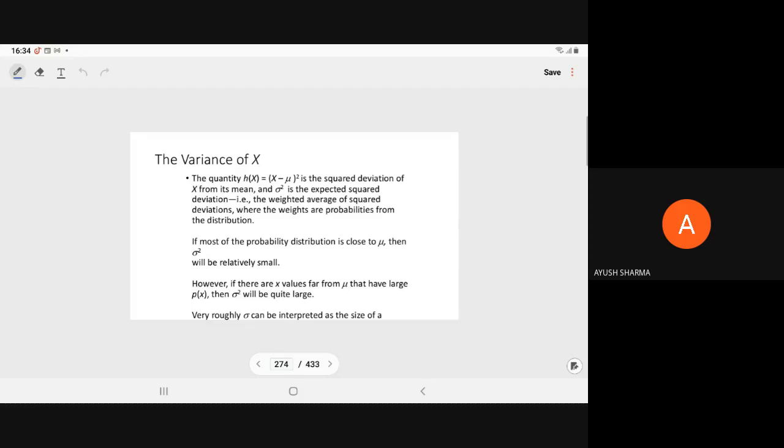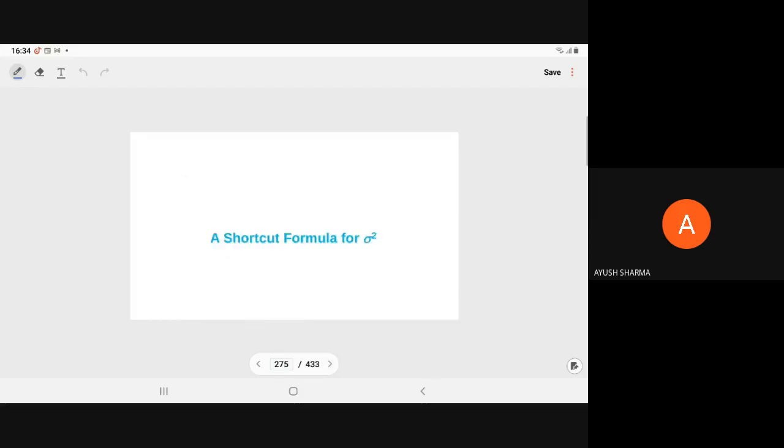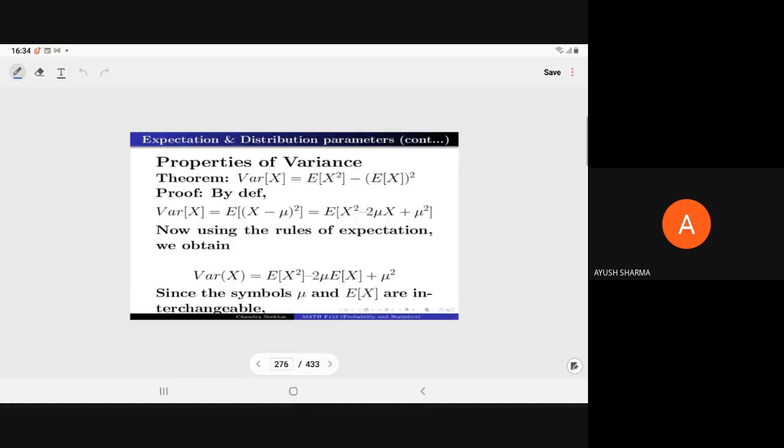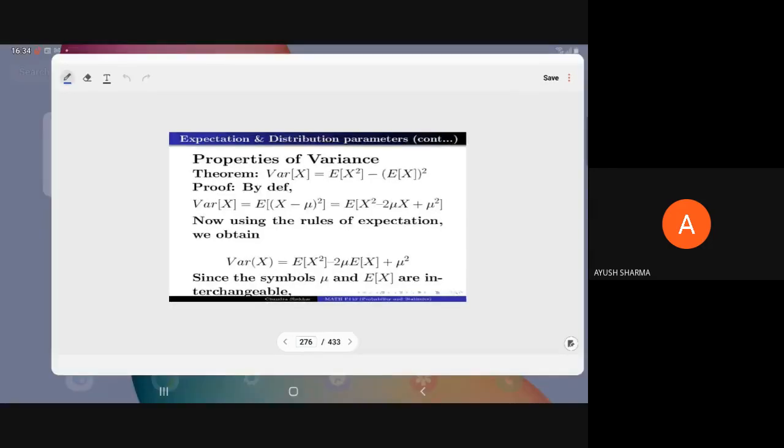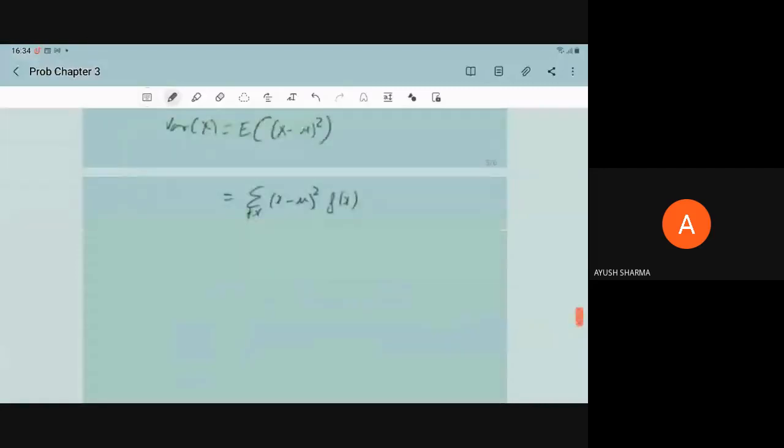So the same thing is written here. Now, in the case of the expectation, from all observed values you have to subtract mu, then take the square, then take the average. To avoid this long process, we have a shortcut formula for the variance. So what is the shortcut formula? If you compute the variance of x, it is what?